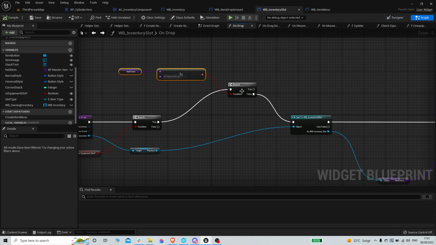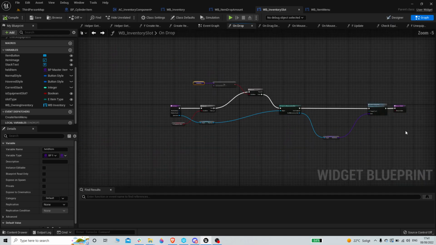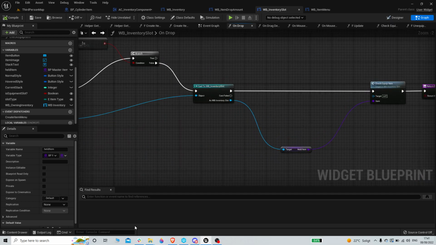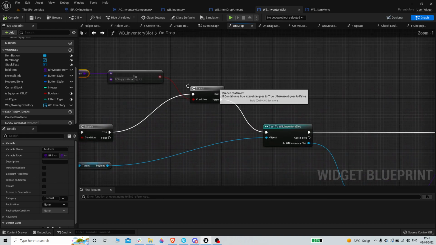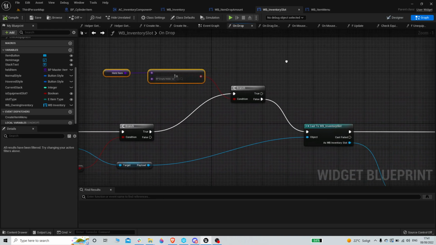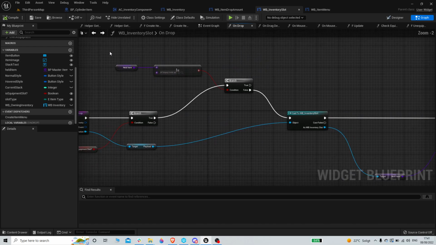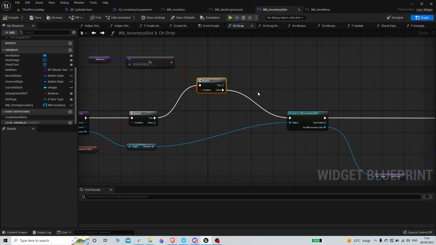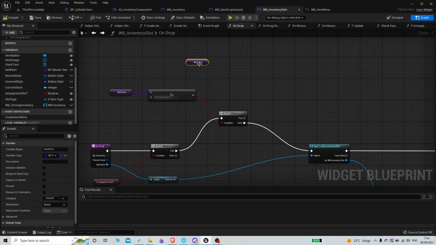So if this is false, it means it is equal to the empty holder item, then we can just execute the logic, because that's the normal way we want it to work. But if it is not equal to the empty holder item, that means there's actually another item there. So in that case, we need to